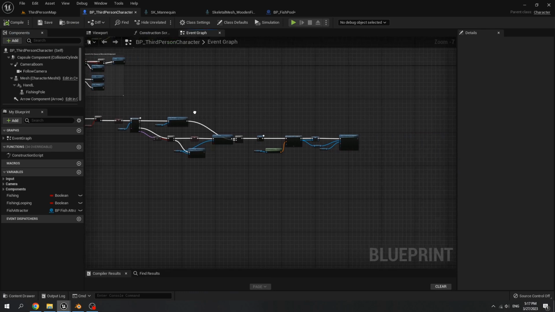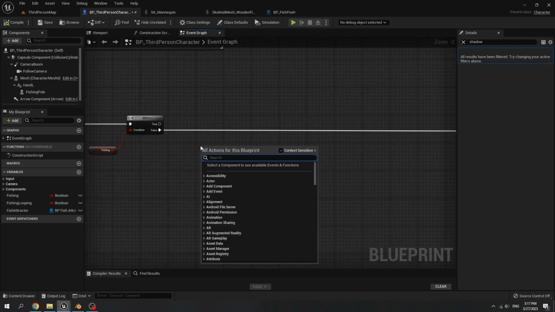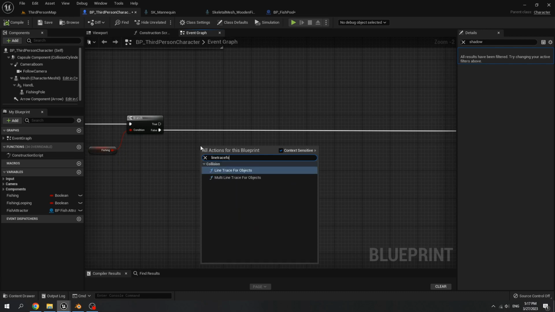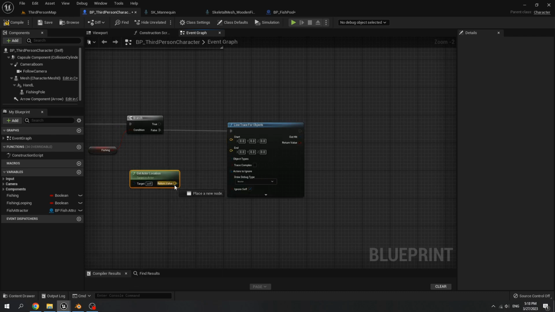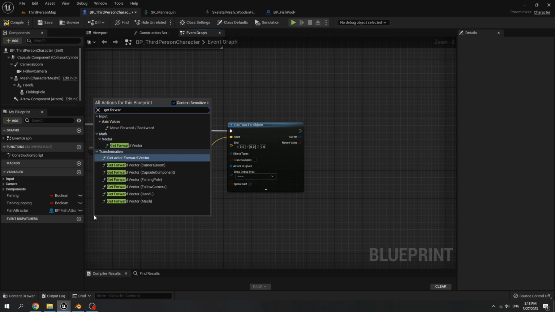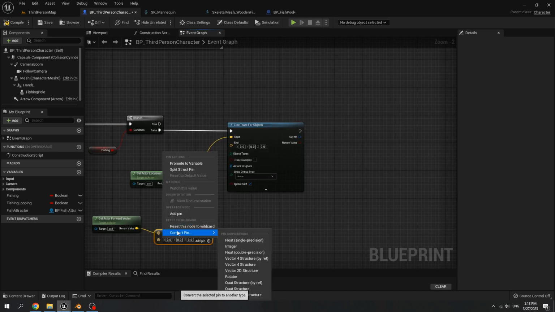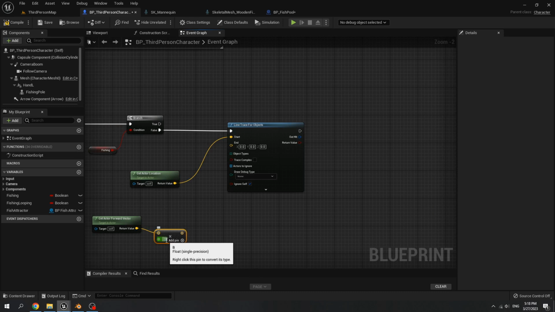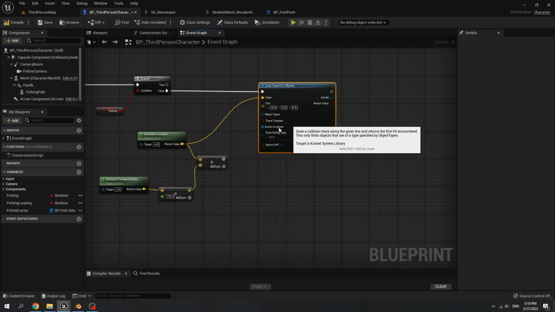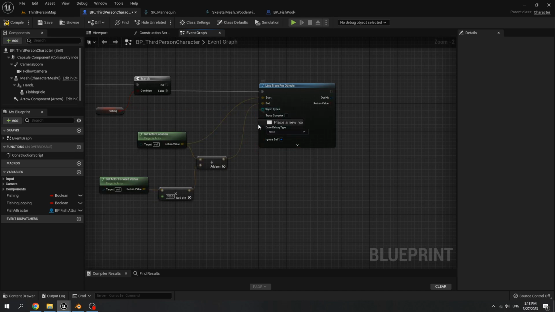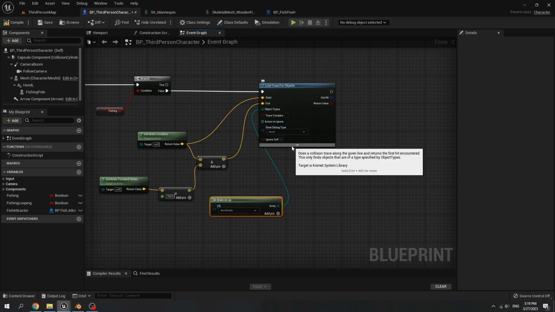Go to our third person character blueprint, move this node a little bit, then call line trace for objects, connect it, get actor location, connect to start location, get actor forward vector, multiply it by 700, add the actor location to the forward vector, connect it to end location, then our object type make array, use world static.